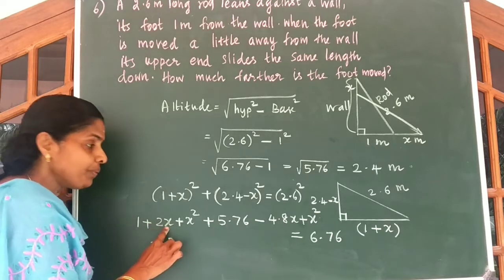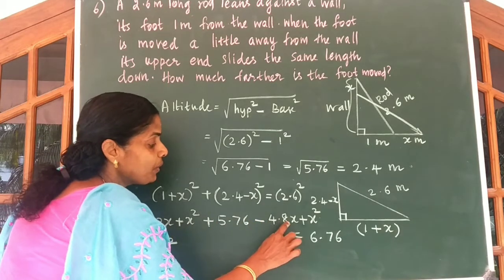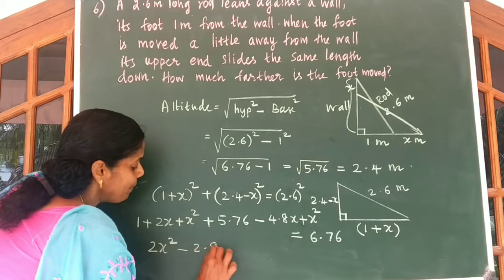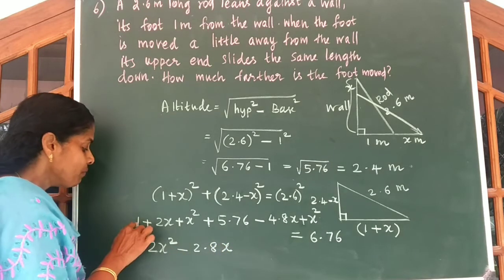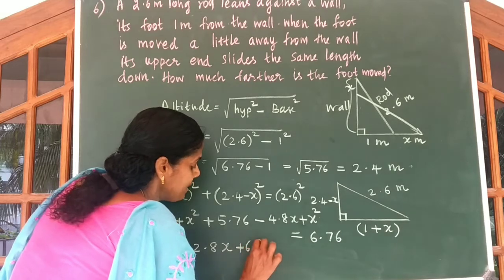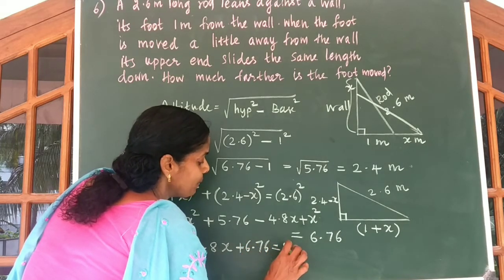Now 2x minus 4.8x gives you minus 2.8x. 1 plus 5.76 gives you 6.76. This is equal to